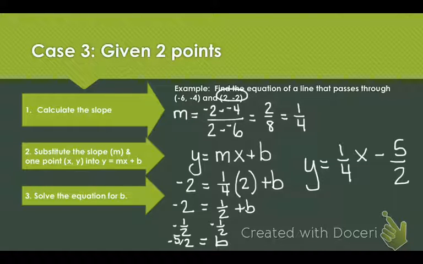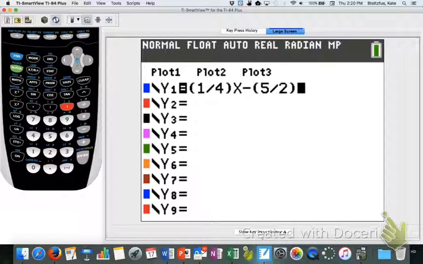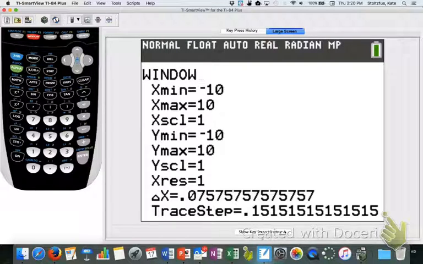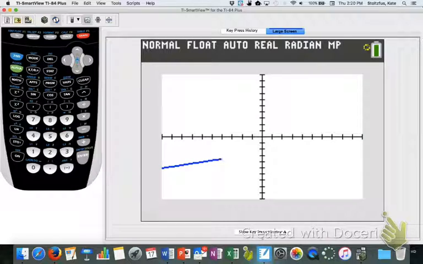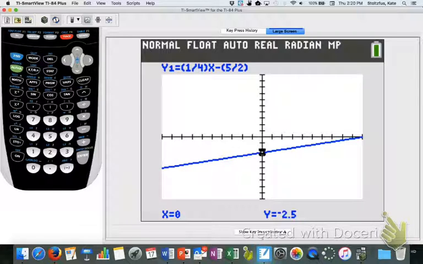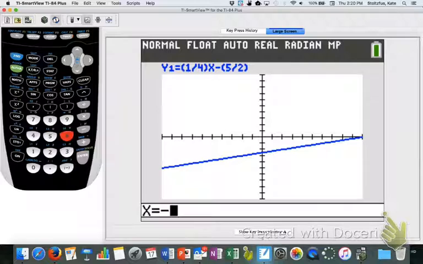This is a great one to check on your graphing calculator. To confirm this, I just typed in the equation I discovered into my graphing calculator under y equals. Notice I entered my fractions in parentheses. I can keep my viewing window at negative 10 to 10, negative 10 to 10. I'm going to hit graph, and I'll see the equation of my line, which again is pretty cool. In order to check, I hit my favorite button, which is trace, and I know it was supposed to go through negative 6, so I hit negative 6, enter,